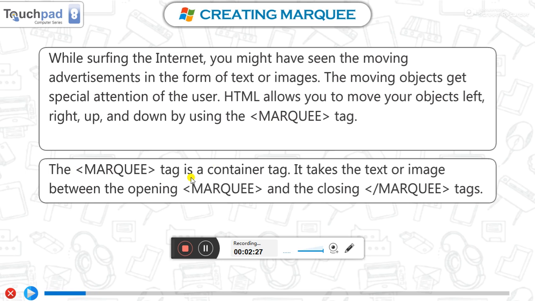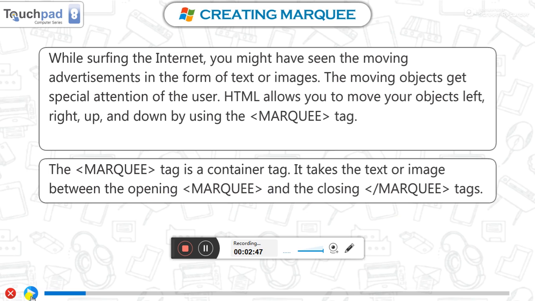Now class, the marquee tag is a container tag. It takes the text or image between the opening tag and the closing tag.